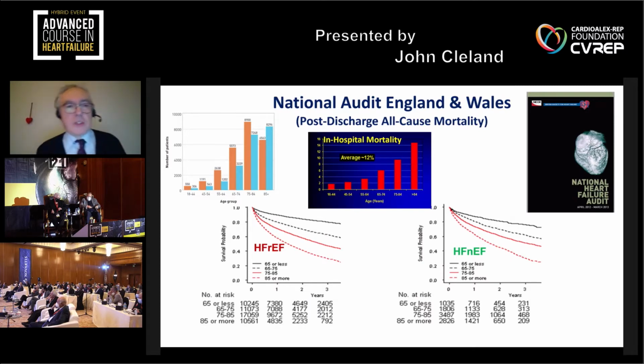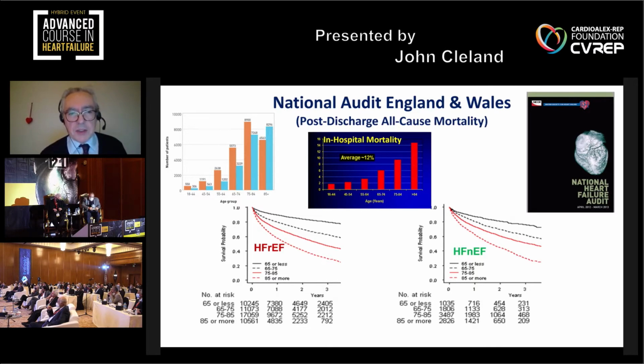This isn't just new onset heart failure, this is just any old heart failure, but I guess about a quarter to a third of these patients are new onset heart failure. This is the national audit for England and Wales. There's now about 500,000 patients in this audit. And you can see that the prognosis, despite the fact that most of these patients are discharged on guideline recommended therapy, which has improved dramatically since the introduction of the audit,